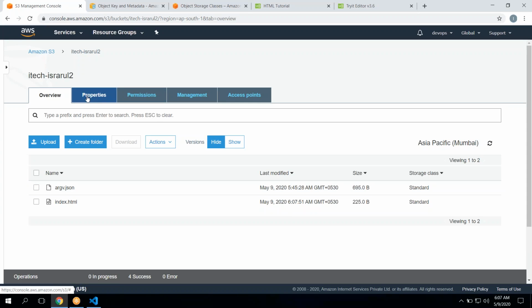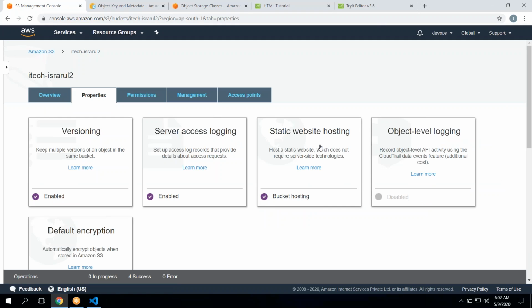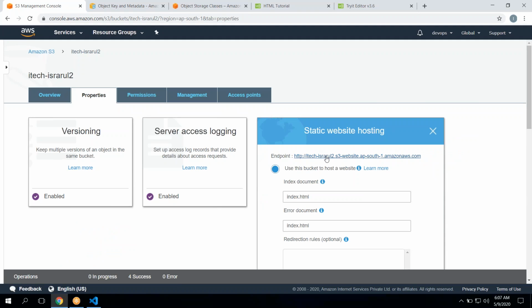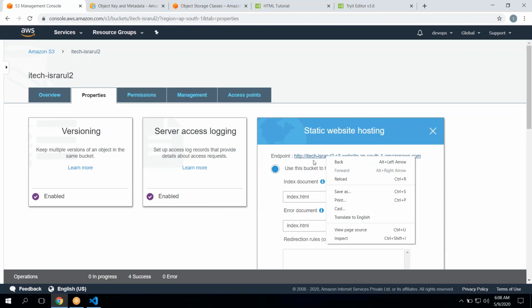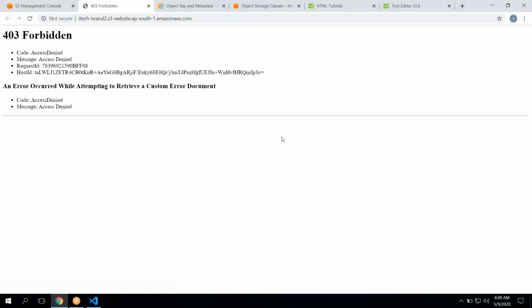Fine. Now again, you can go to the properties section and click on this static website hosting. Then open this URL in a new tab or somewhere else, and you can see we got a message 403 forbidden, right? So this is by default. No object in the bucket is public. Everything is completely restricted. So if you want somebody to access this bucket or object inside this bucket, then you have to go and define